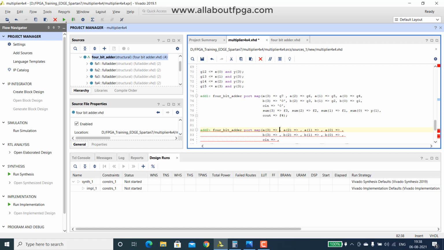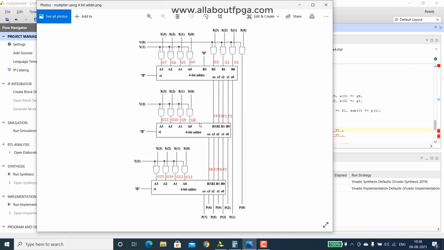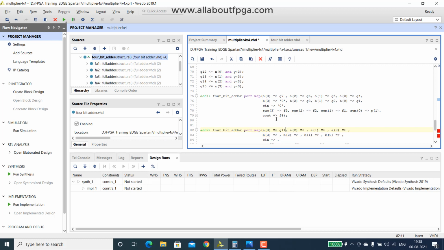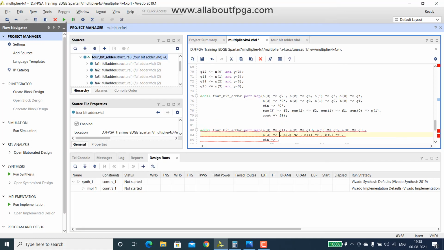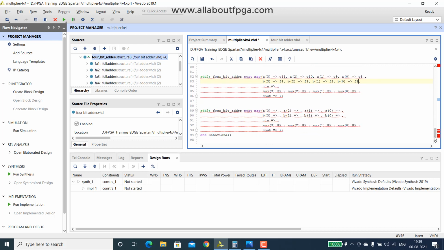Similarly, we have our next adder. Inputs are G11 to G8, G11, G10, G9 and G8. Next we have B inputs, that is coming from that F4 to F1. So first full adder output is assigned as an input to second full adder.